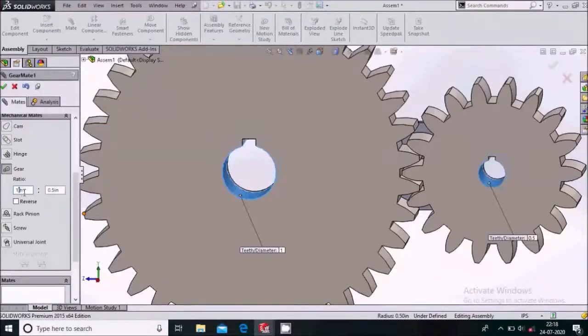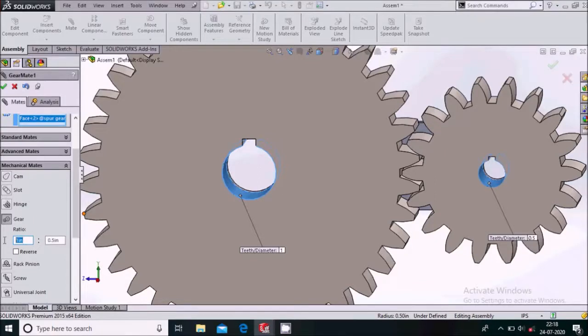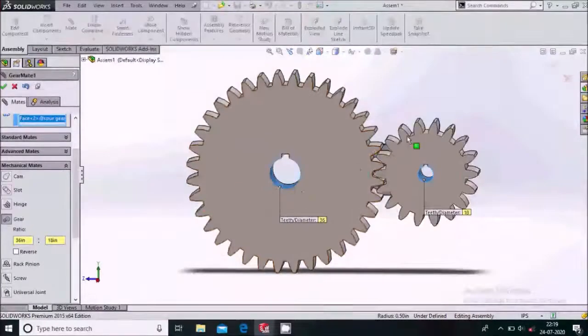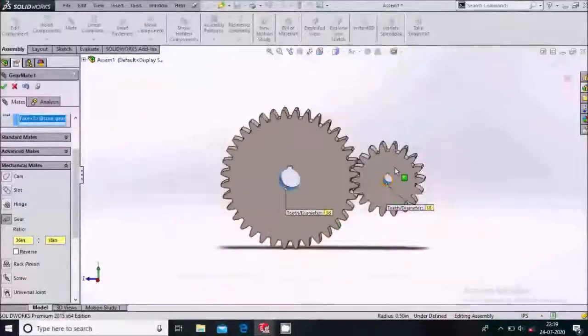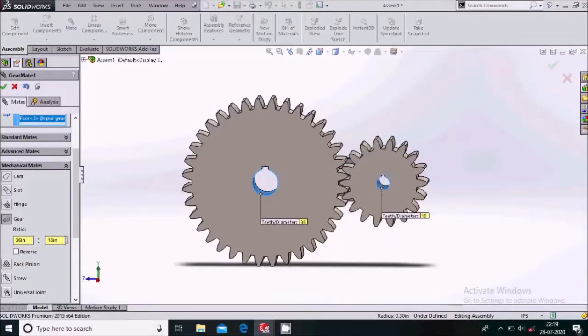Now here the gear ratio is the ratio of number of teeth. So here the number of teeth are 36 on this gear and here the number of teeth are 18. So the ratio comes how much? You can see 2:1 is the ratio over here. So simply input the gear ratio and say OK.